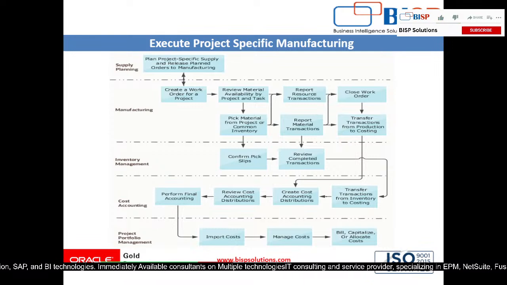Now we can run the transfer transaction for the production to costing, and after that we can run the transfer transaction from inventory to costing, for the material transaction to costing. And we can create the cost accounting distribution, and we can review this cost accounting distribution. And the costs are finally accounted and